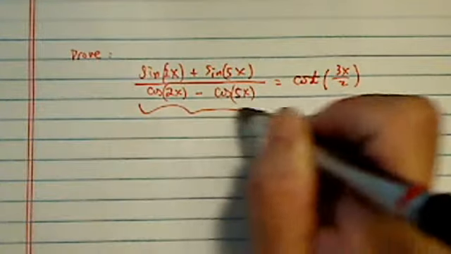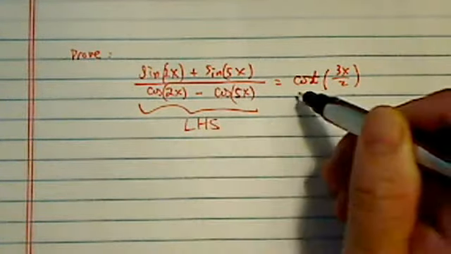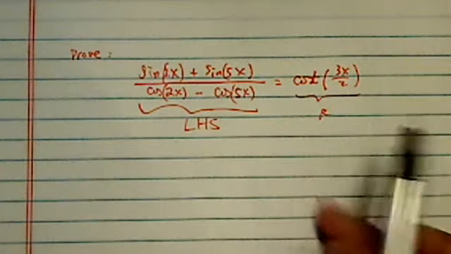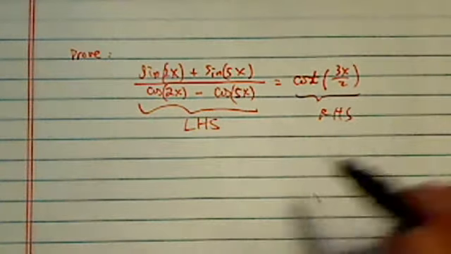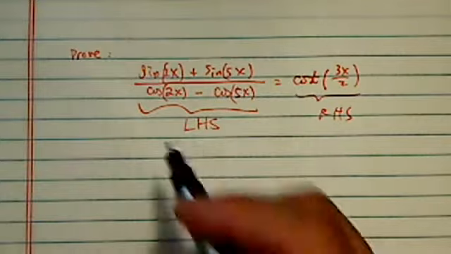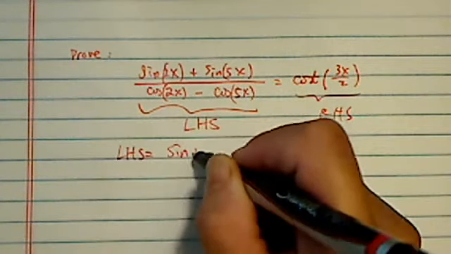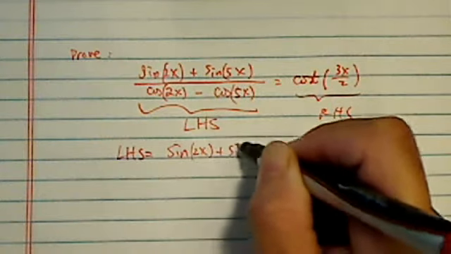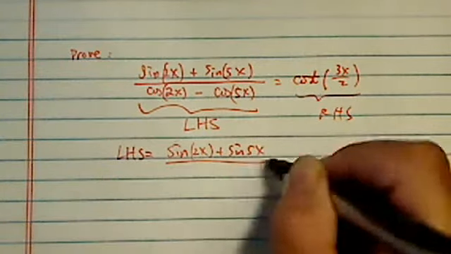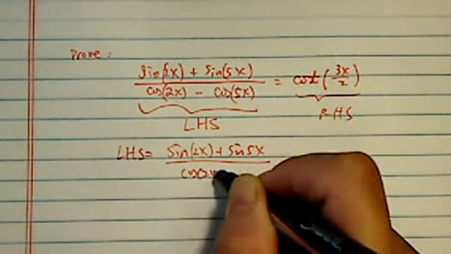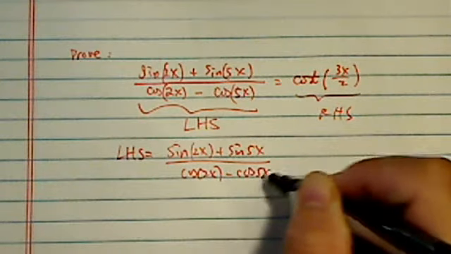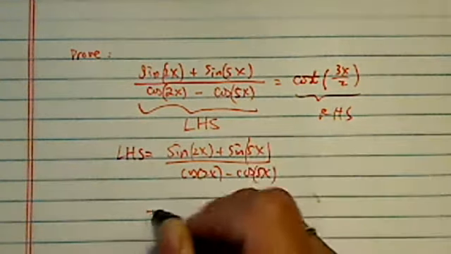The left-hand side is much more complicated than the right-hand side. So what we're going to do is grab the left-hand side and prove from there. The left-hand side is equal to sin 2x plus sin 5x on top, divided by cosine of 2x minus cosine of 5x. There's a very important